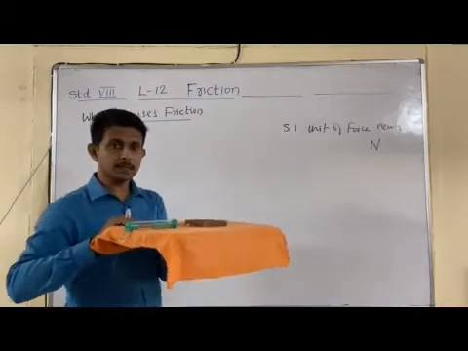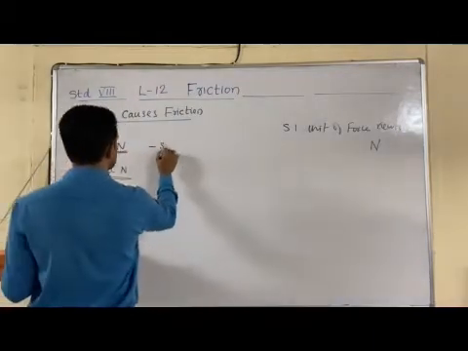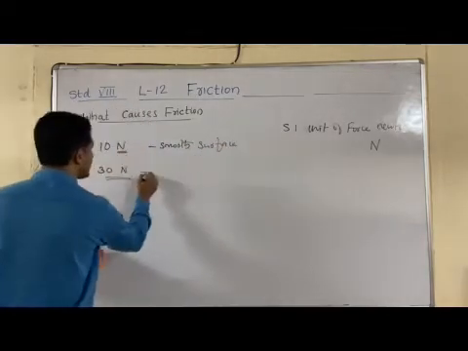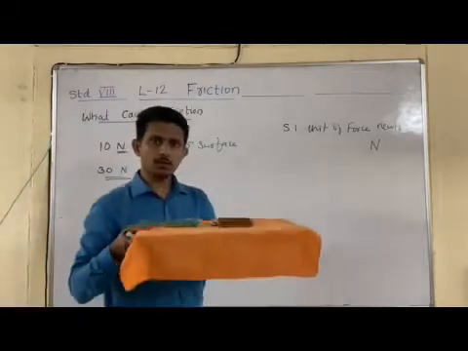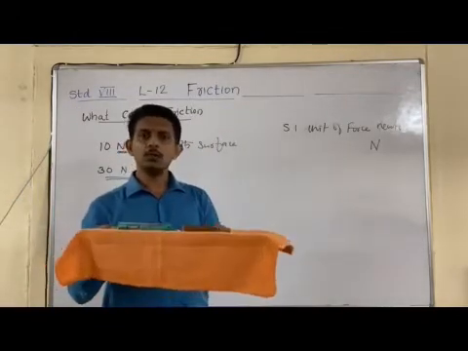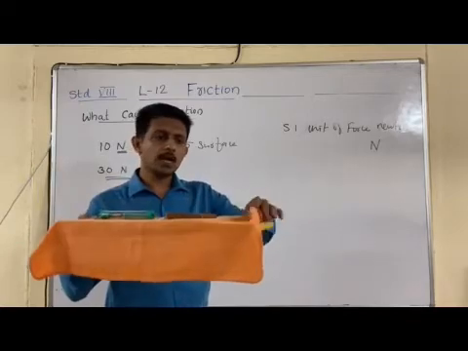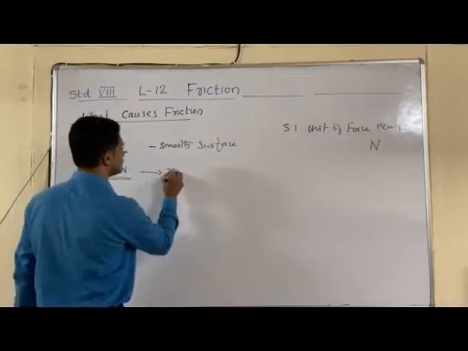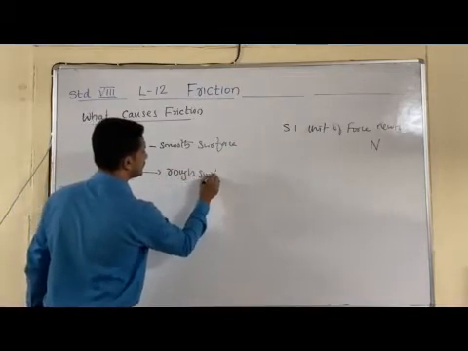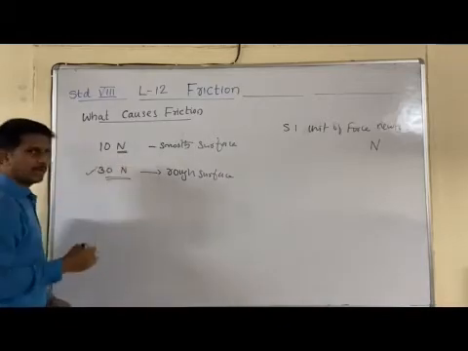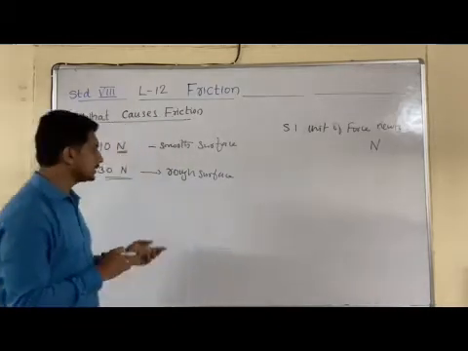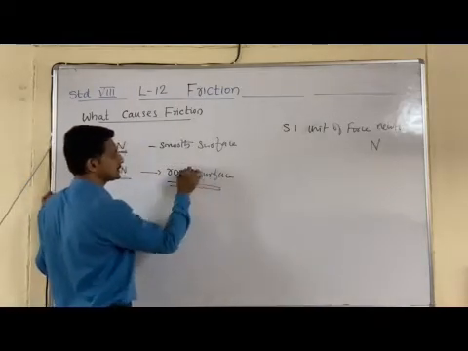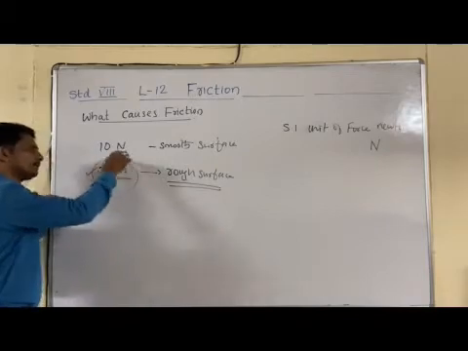In the first case, the surface is a smooth surface. In the second case, I made the surface a somewhat rough surface. How? By keeping a cloth over this, and the surface becomes rough. In that case, we can observe that the force applied in order to move this object is nearly 30 Newton. That means the surface becomes rough, and we can observe that the force applied is larger.